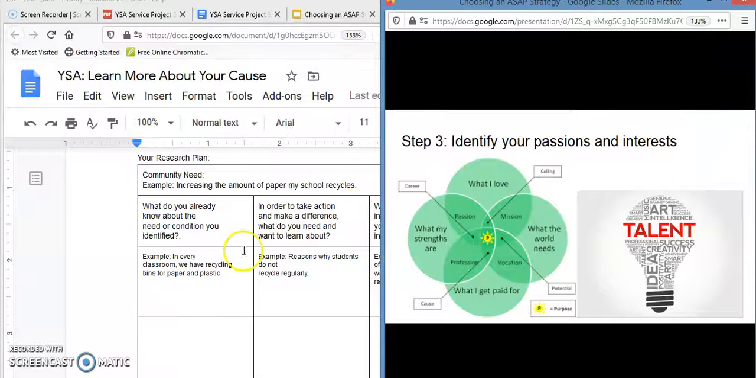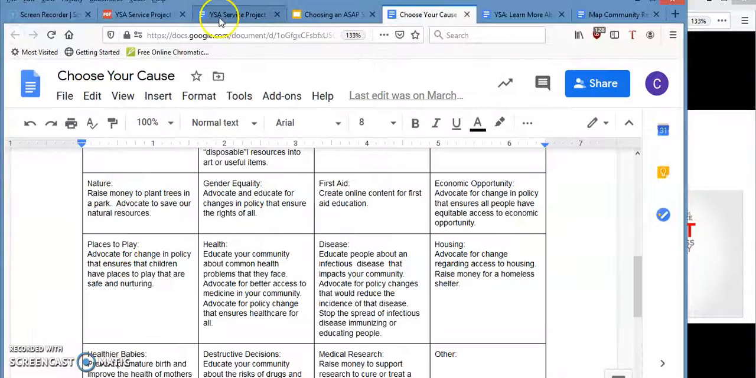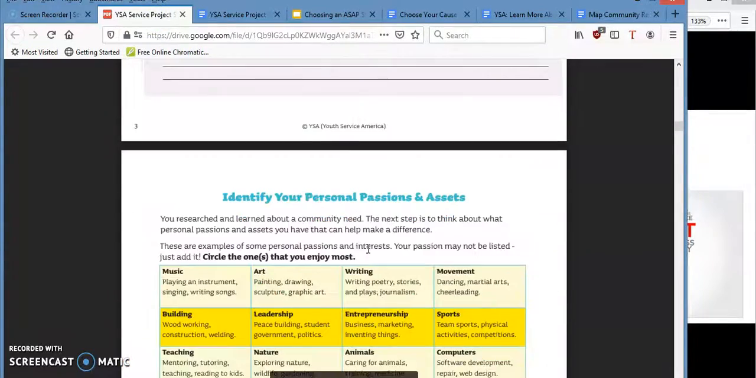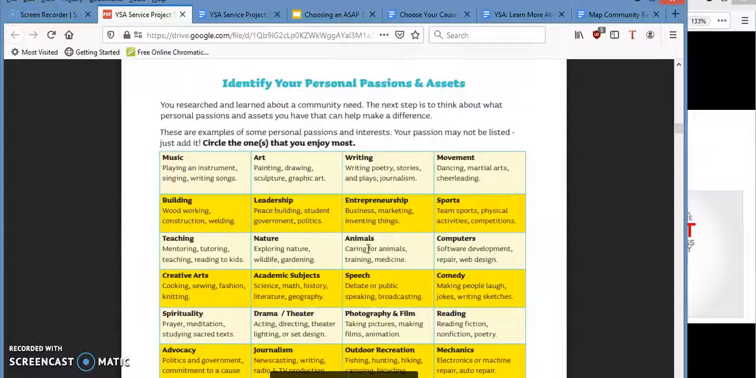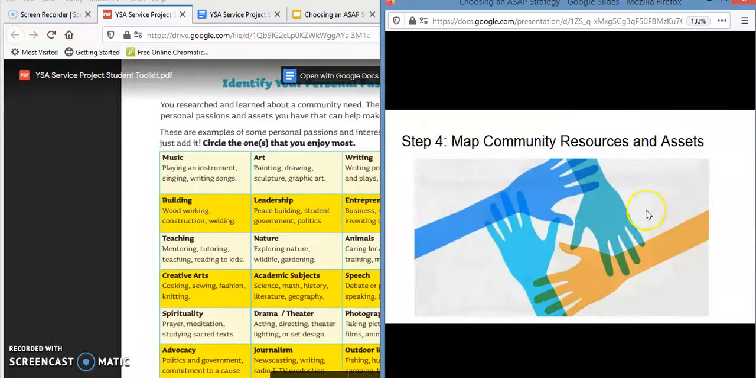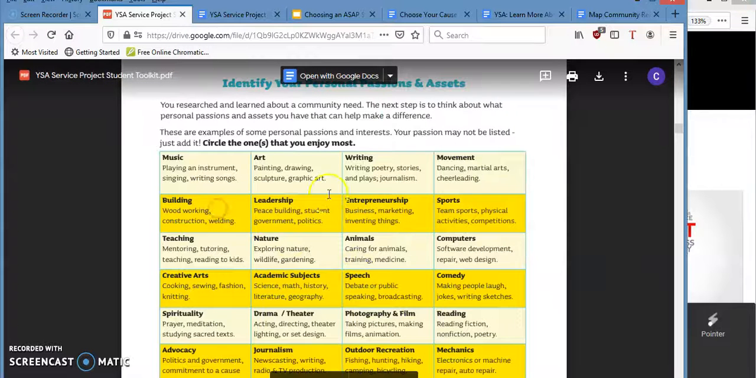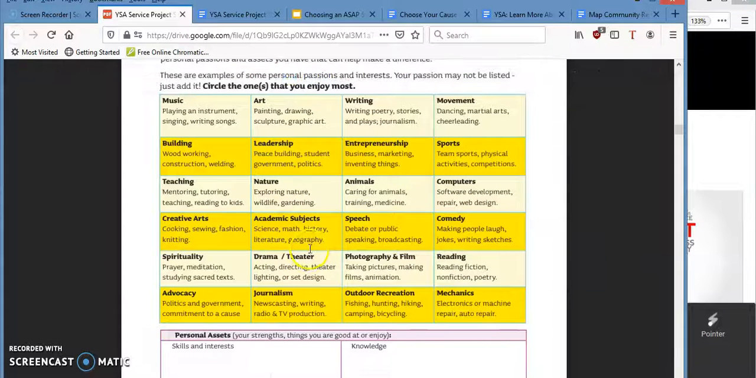Okay. Next step, and for this particular step, we didn't actually put together a worksheet for you, but you'll see in the YSA, the Youth Service America packet, there is a page regarding this for you to identify your personal passions and assets. This will help you better understand what it is that you're good at, what your strengths are, and how you can apply those things to being helpful in the cause that you're trying